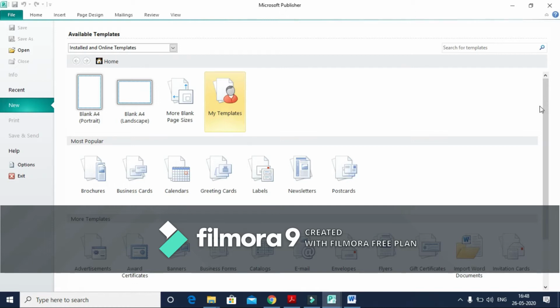As we mentioned in our previous presentations, Microsoft Publisher is one of the handy tools of Microsoft Office, which enables us to do a variety of projects, pre and post operational works, using the variety of templates available, and we can even customize those projects according to our requirements. As you can see, there are varieties of templates inside Microsoft Publisher: brochures, business cards, calendars, greeting cards, logos, newsletters, postcards, advertisements, award certificates, banners.